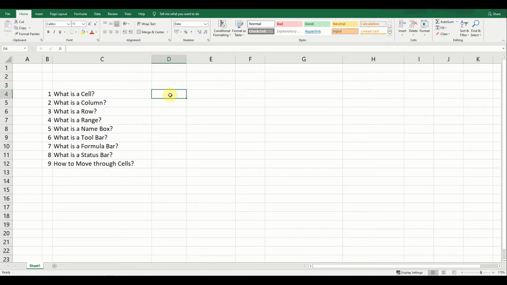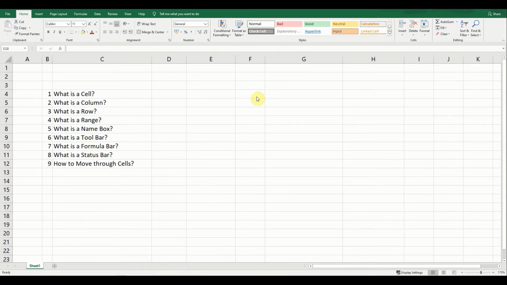So basically, columns and rows are meant to identify the placement of the cell. Now if I place a cell over here, to identify, we need the column to know where the cell exactly is. So now currently the cell is placed under column D, and if you look at this angle, it's in row 4. So we can say the cell is in column D, row 4. So this cell is D4. Now if I place the cell over here, it will be under column G and row 17. So this cell is G17.